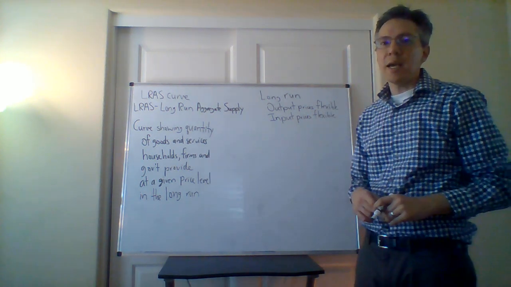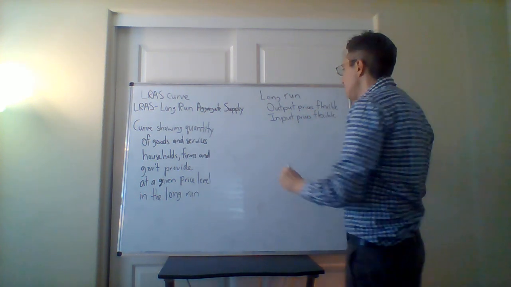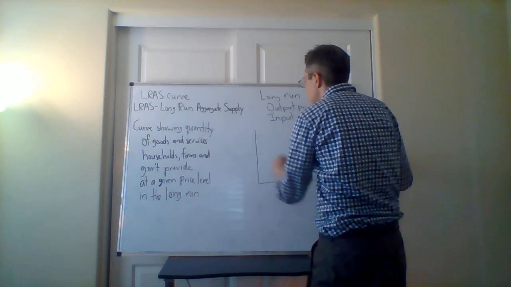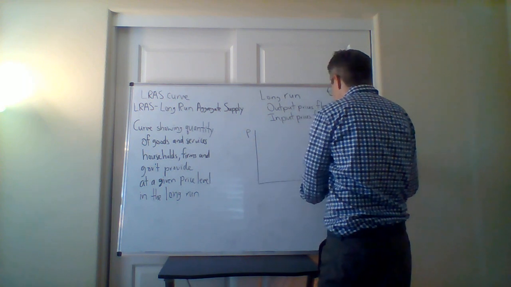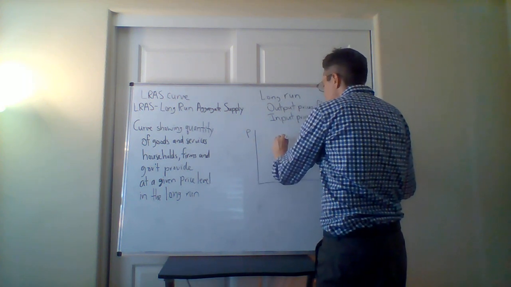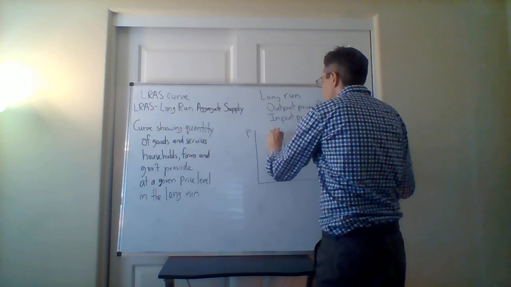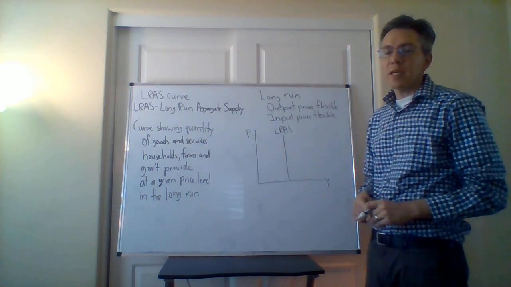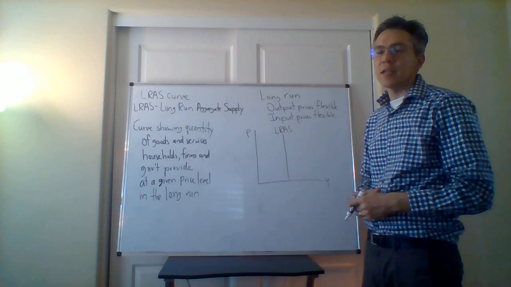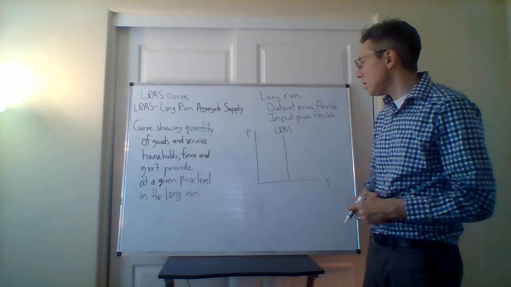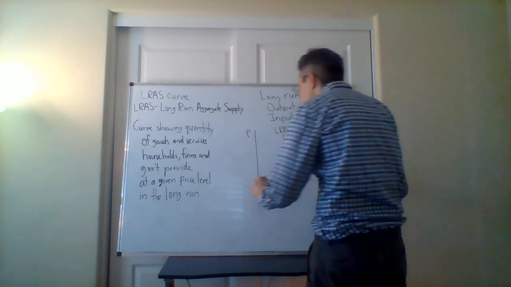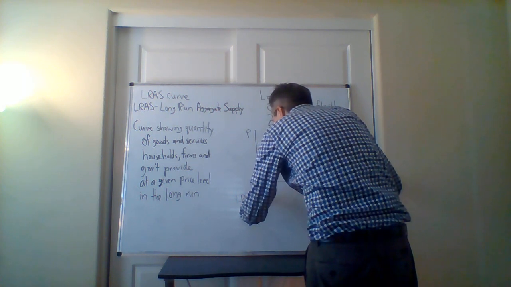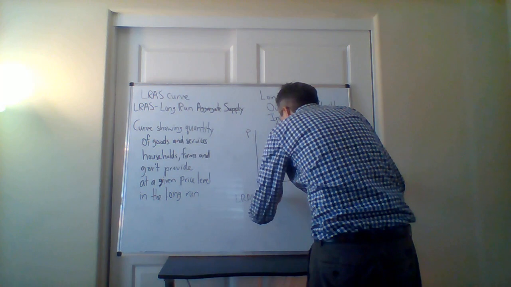Okay, so what does the LRAS curve look like? Okay, so the LRAS, if we go to draw it, okay, it just looks like this. Okay, so the LRAS is essentially just a vertical line going upward. And so what does this mean? Okay, this means that the LRAS does not depend